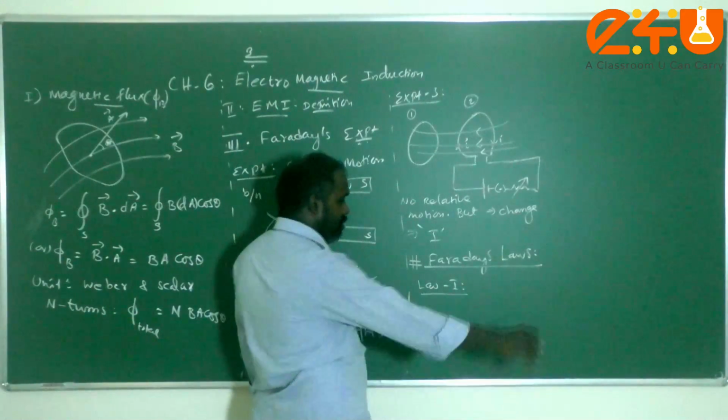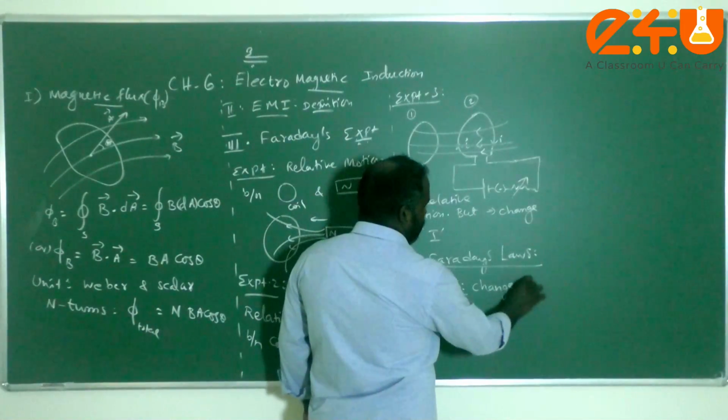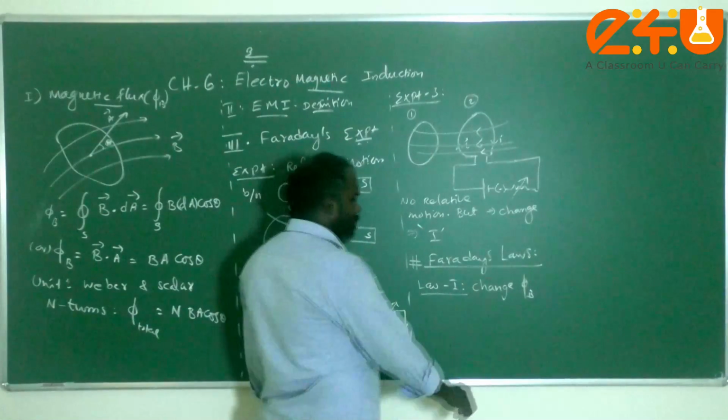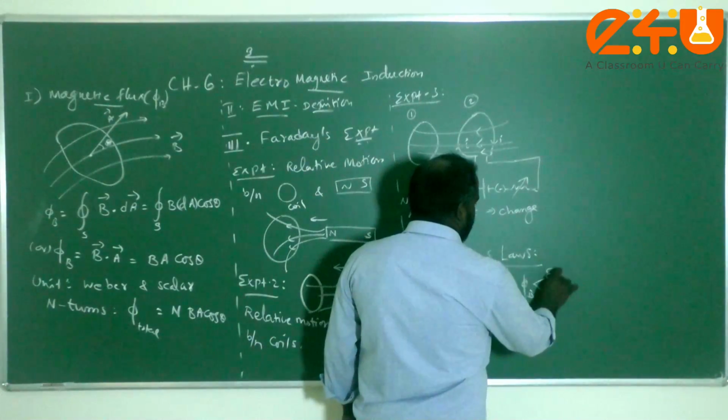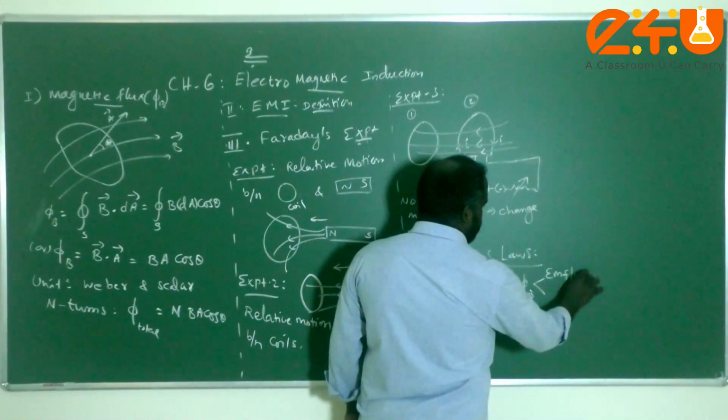In simple terms, if there is a change in magnetic flux, it results in either EMF, electromotive force, or simply voltage,